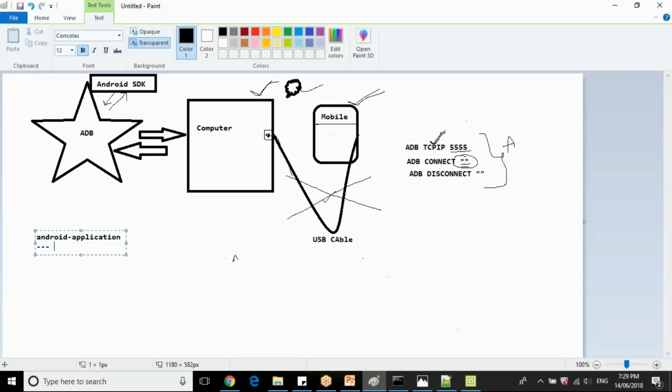Every Android application will be identified in code with a package name and activity name. And every iOS application will be uniquely identified with a bundle identifier.